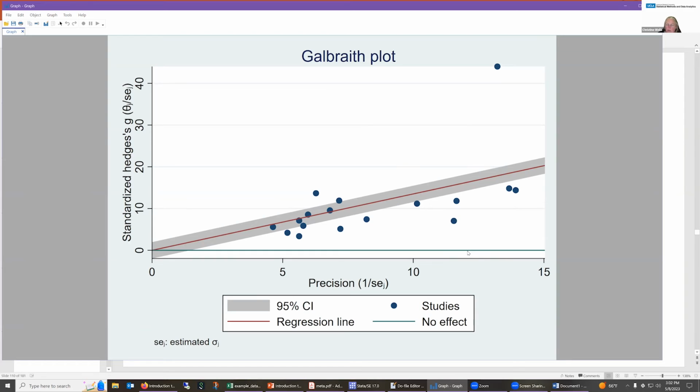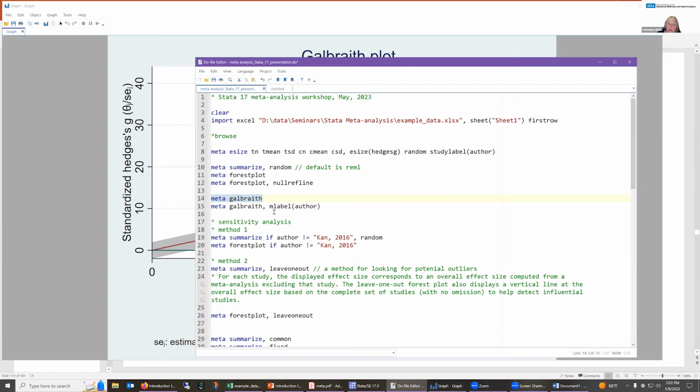So this is 0. If the effect size was 0 or close to 0, you'd see all your data hovering around this 0. But we don't see that. We see this regression line here with these studies. Now, we happen to know that this is the Kahn study because I already told you he's my outlier that I put in there. But if you didn't happen to know that, you could use this mlabel option with the author